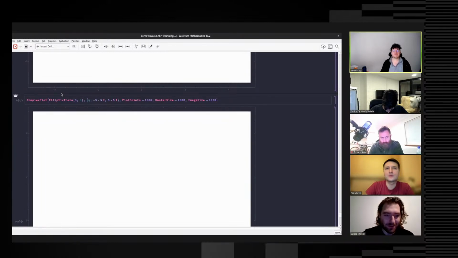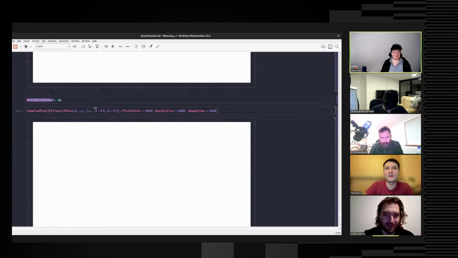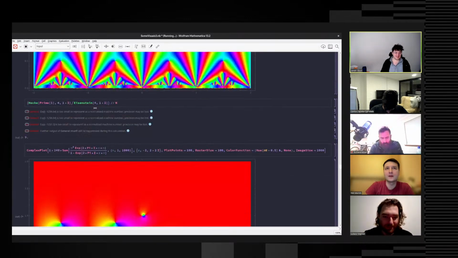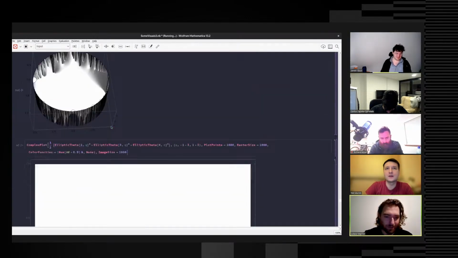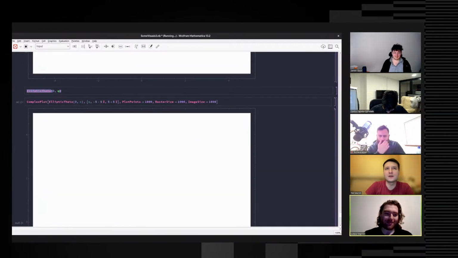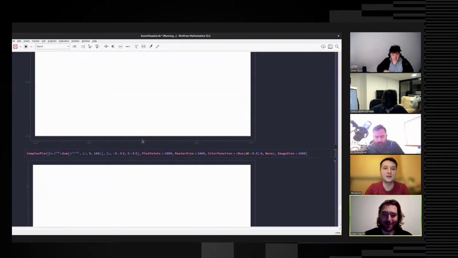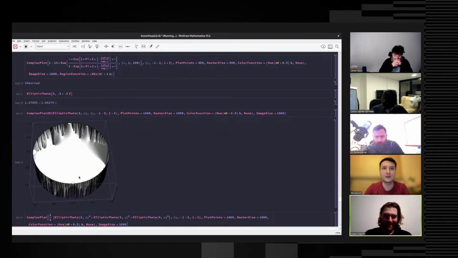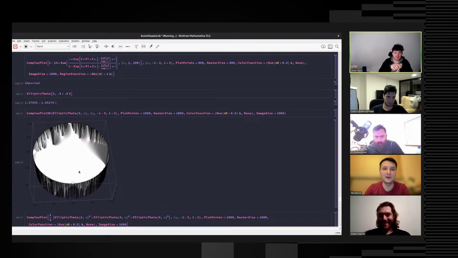Well, you're running something already, so you won't be able to run another thing. But you could show the example you have below, the 3D example. Yeah, but you can evaluate it for any complex number, and it's fast. So I don't know what the issue with plotting it is. But if you try to plot it in 3D, this is the result. So if you just feed it a value, it'll give you some output value. Yes, exactly, just like that.